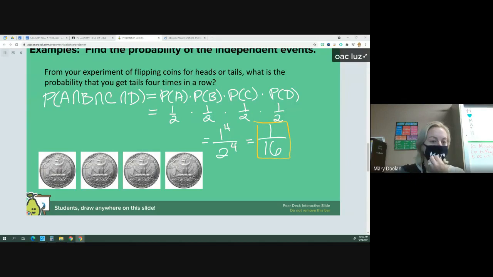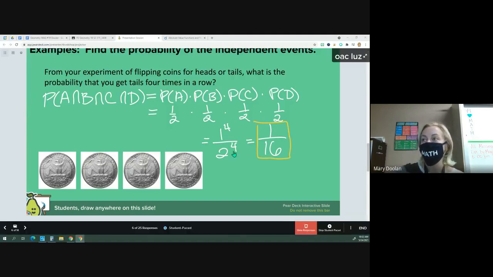So when you're finding the probability of independent events, it's really straightforward. You're just multiplying it all together. Tomorrow we're going to look at dependent events, and it gets just a little bit trickier, but for independent events, it's very straightforward. All right, so once you have that copied down, the last 2 slides,